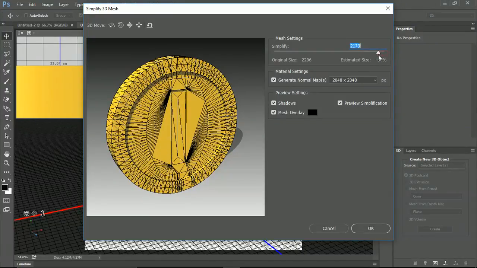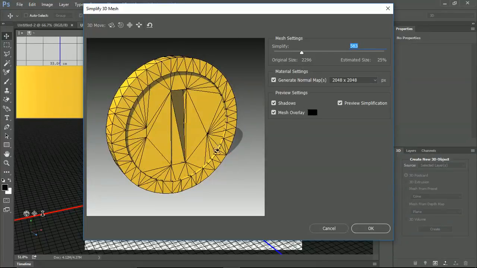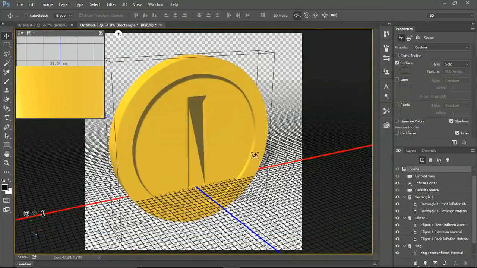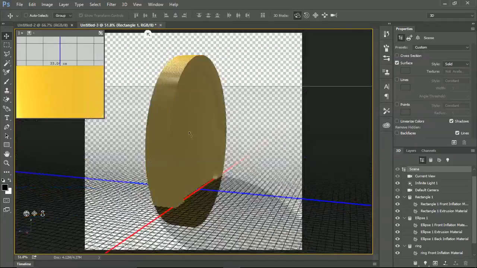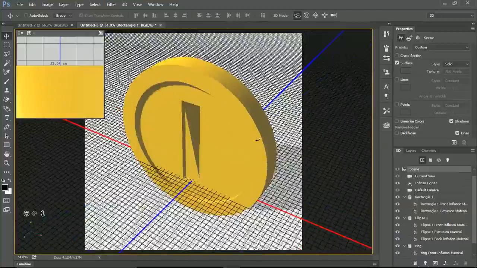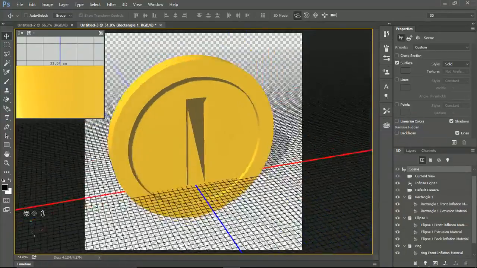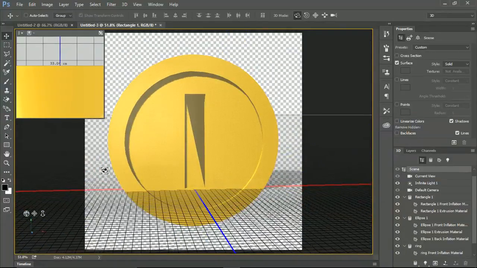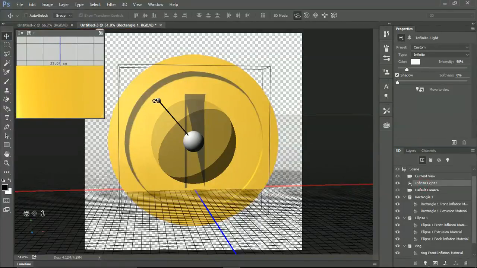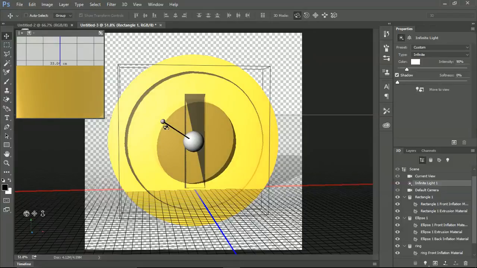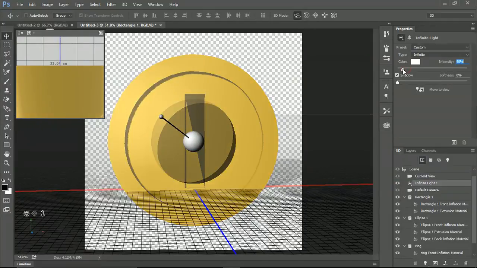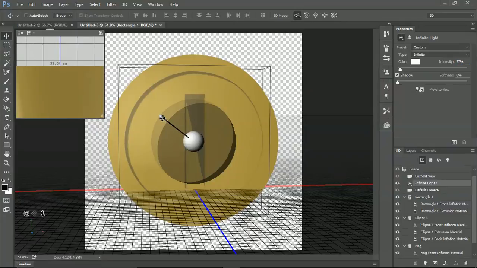So we're just going to bring this down from, instead of it being 100%, let's roughly try 25%. That looks a lot better. That's going to be a lot lower poly, and it's not going to be as insanely detailed as it needs to be, because it just does not need to be that highly detailed for a coin, like a simple collect coin. But I mean, ultimately, looks fun, looks cool. And turn the brightness down a bit on the coin, and